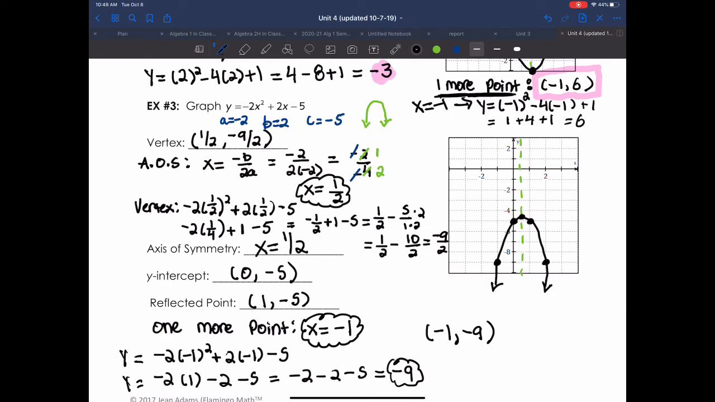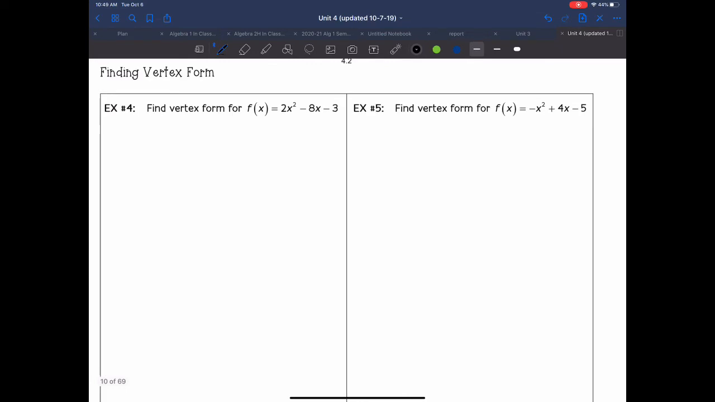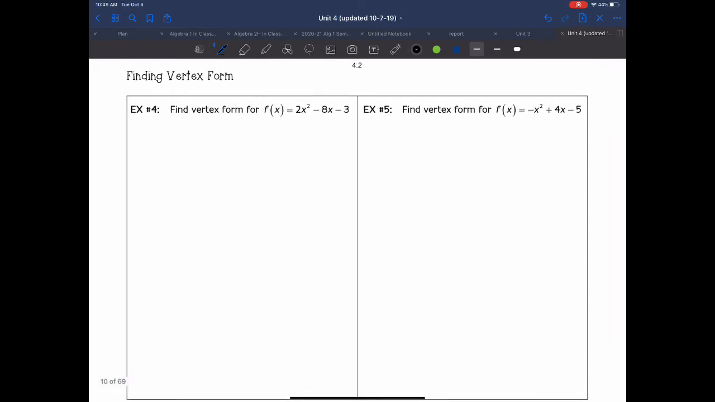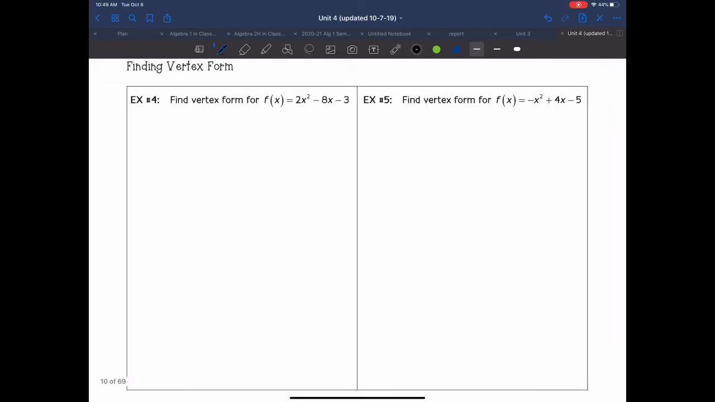All right, let's move on to the next page. So next page, we are going to find vertex form given a quadratic equation. So find the vertex form for f of x equals 2x squared minus 8x minus 3. All right, well, let's go ahead and see what we're doing with vertex form. So vertex form, keep in mind, is represented by y equals a times x minus h squared plus k. So the goal is we are taking a quadratic equation that's in standard form and we're putting it in vertex form, okay? So again, the goal